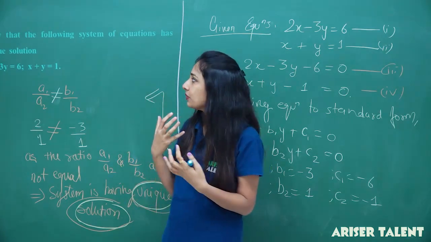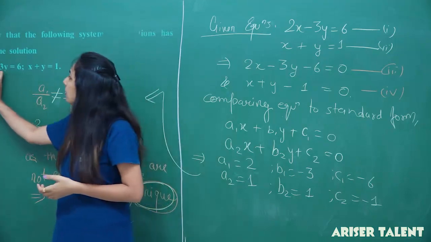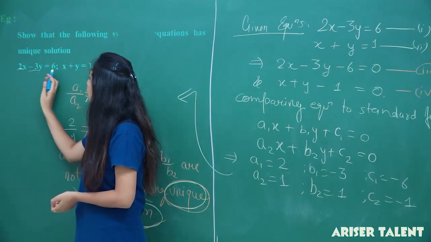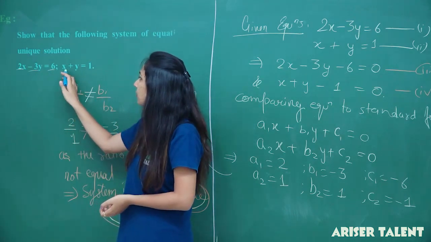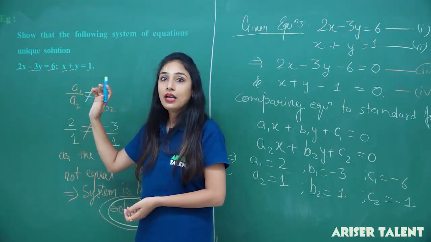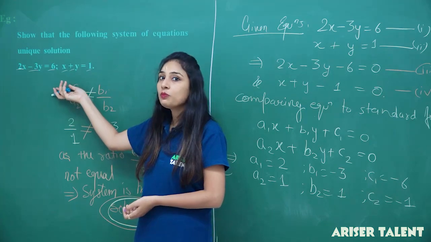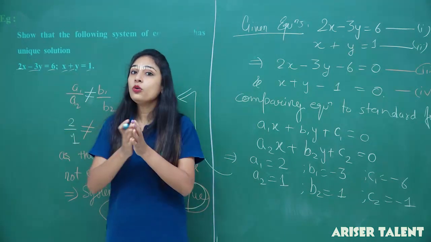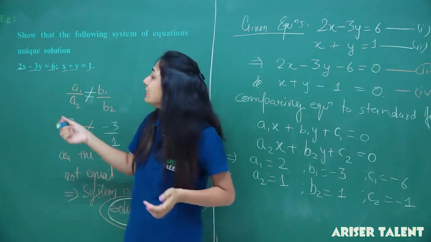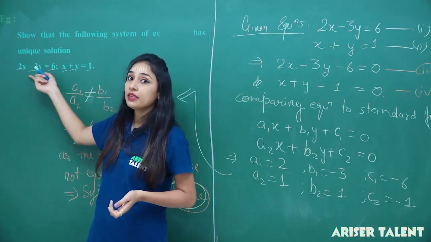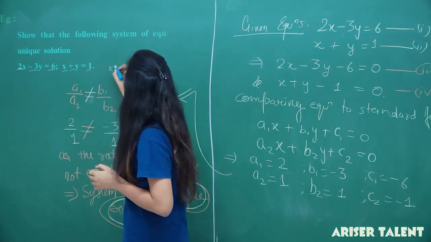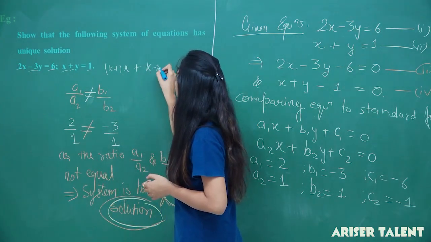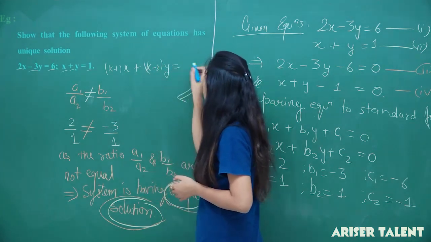You have these terms 2, minus 3, 6, and 1, 1 and 1 as the coefficients and constant parts. Now you'll have some algebraic things here. You can have something like k minus 1 times x plus k minus 2, let's suppose, times y equals